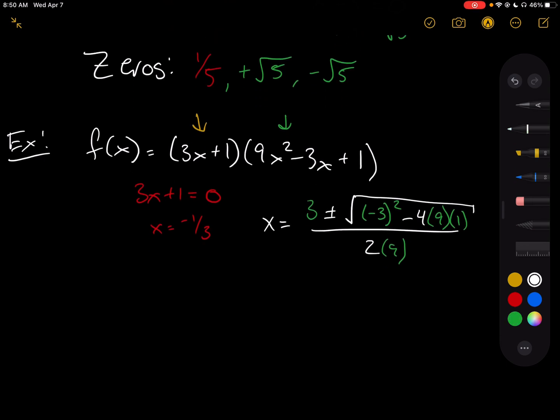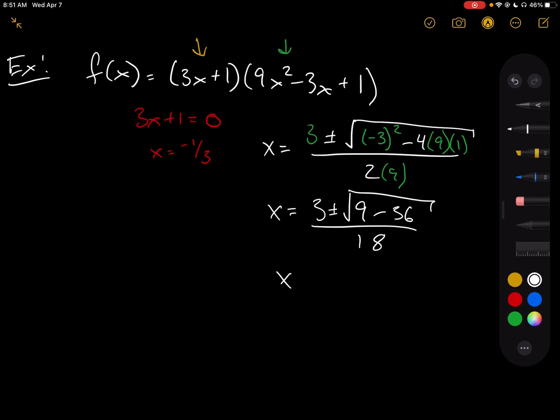So we've got x equals 3 plus or minus the square root of 9 minus 36 over 18. We could do a little bit of simplifying here. Negative 27